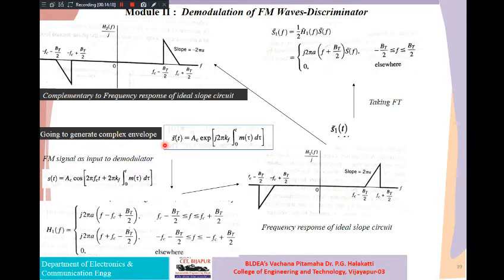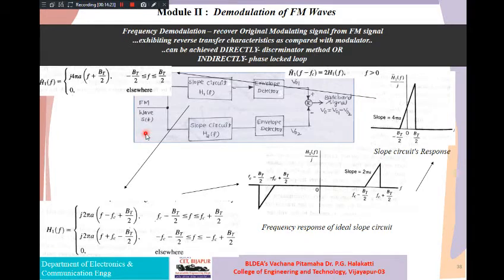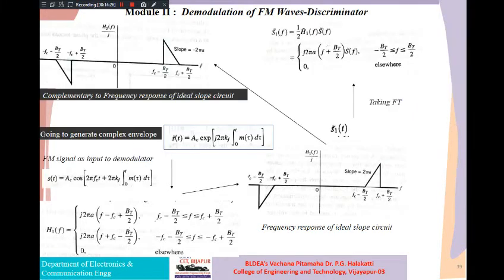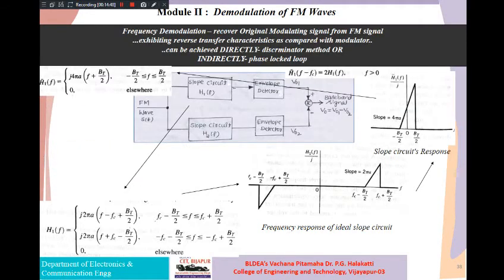Now let us assume that our FM signal, S of t, will have some complex envelope denoted by S hyphen of t. Okay, let us assume like this. One thing, guys, we are not doing any mathematical steps or derivations as such. We are trying to learn how we can arrive at the characterization of the frequency demodulator, which is the reverse of the frequency modulator.